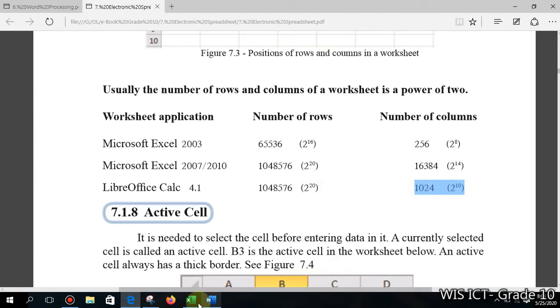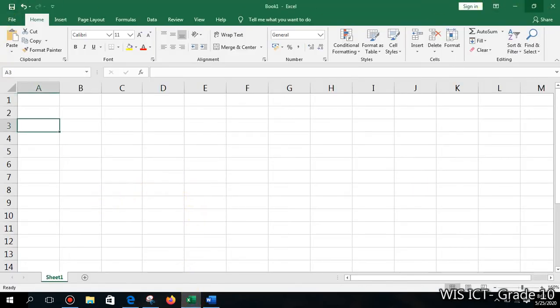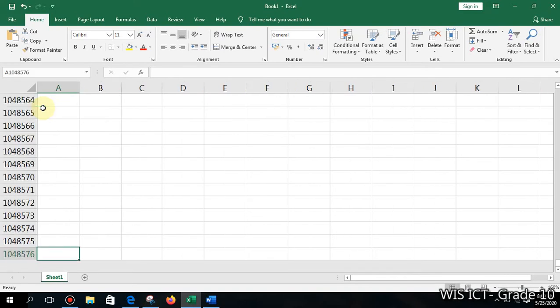Now we'll observe this Microsoft Excel. We will call this one a workbook, children, and there is only one worksheet here. Within this worksheet, if we go down, you can see it is not stopping, there are so many rows. Then you can use a shortcut key to go down: press Ctrl and down arrow key. You can see quickly you can go to the last row.